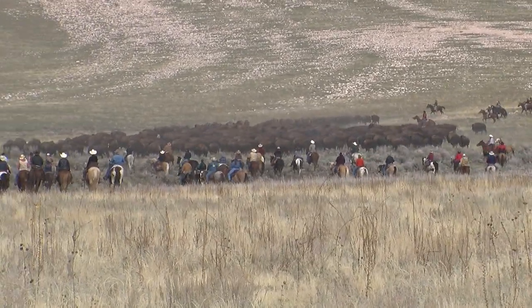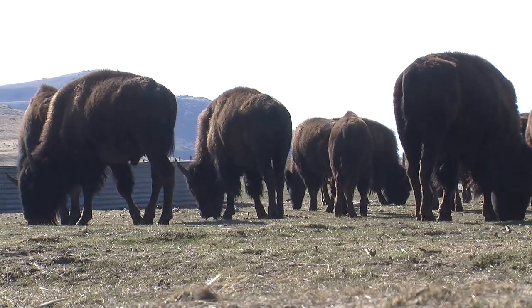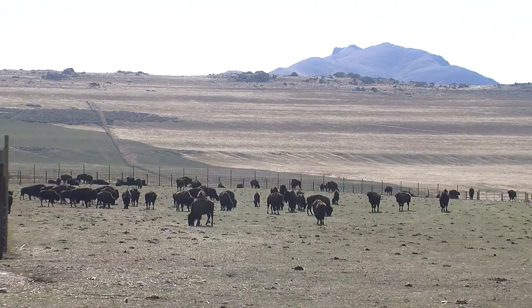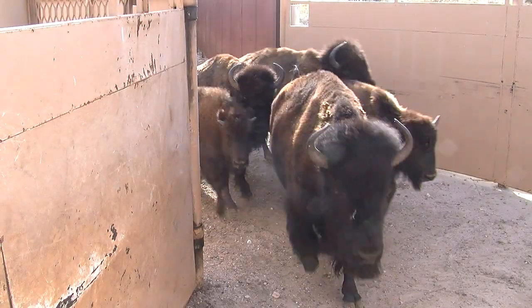The horse riders brought in the herd. We leave them in the corral for a week and we feed them and water them and let them kind of settle down. And then we start to work them. Today what we're doing is we're moving the bison through the chutes one at a time